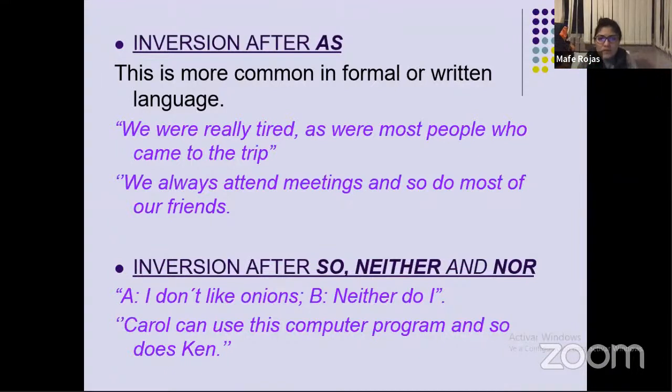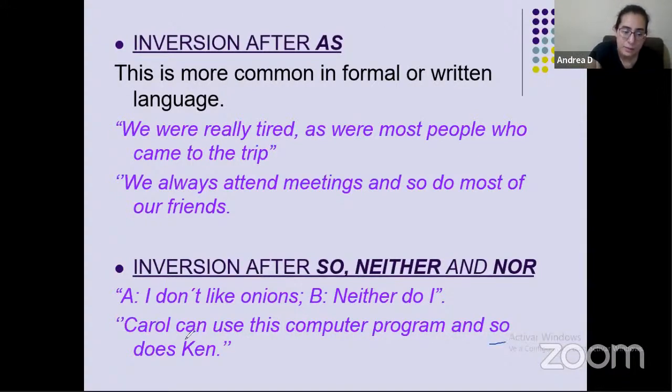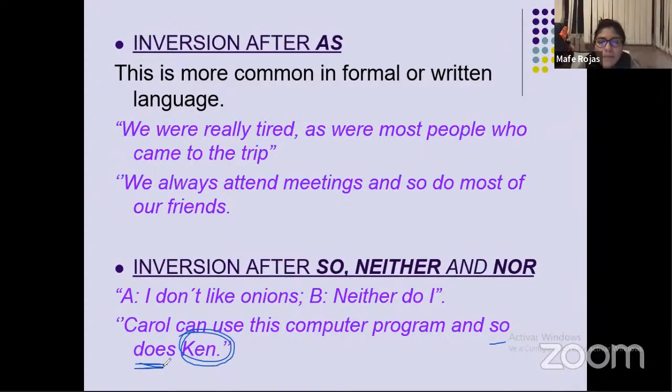Remember that the good thing about so and neither is that you can use it with any pronoun, with any person, right? Which is something that you cannot do with me too and me neither. And that's why we use it. So you can do it with somebody else. You just need to conjugate the auxiliary. Okay. So you could say, I don't care, and neither does he. I don't want to go, and neither do they.